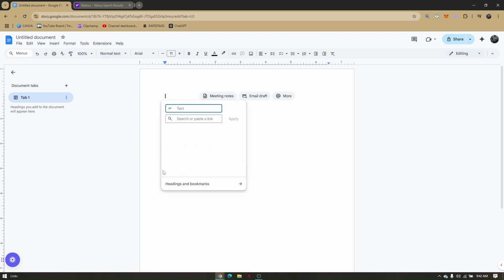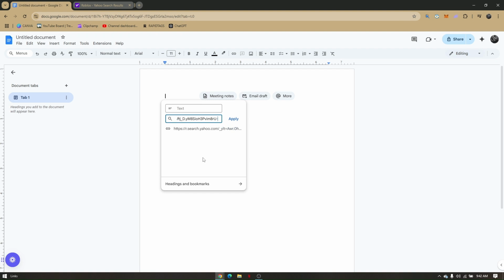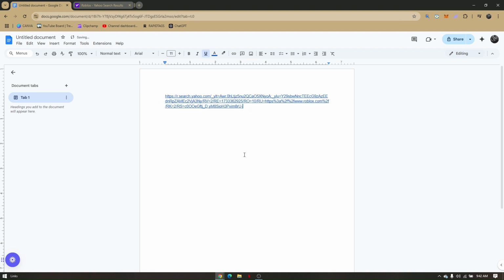Here it is. Now you will have two fields in this one, which is going to be the text and search or paste link. Now go down to search or paste link and paste the copied link from Roblox and just simply click on apply. Now once you have applied it, just click on enter for you to go down directly and go back to